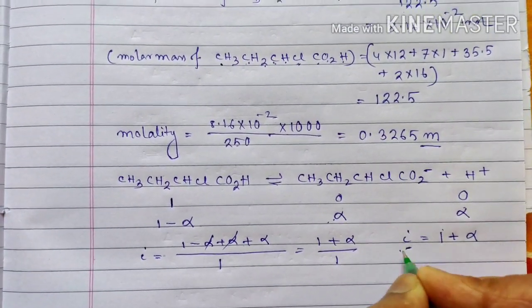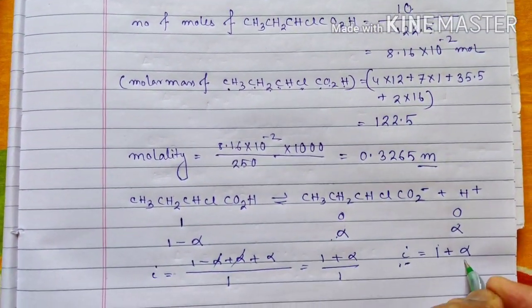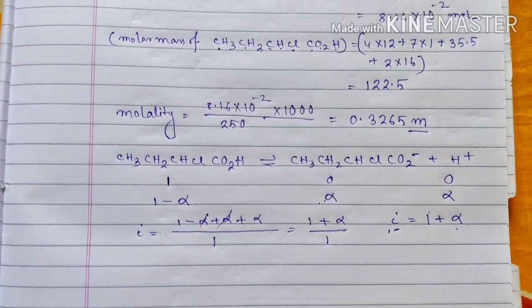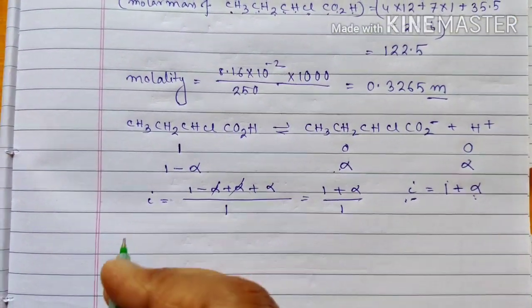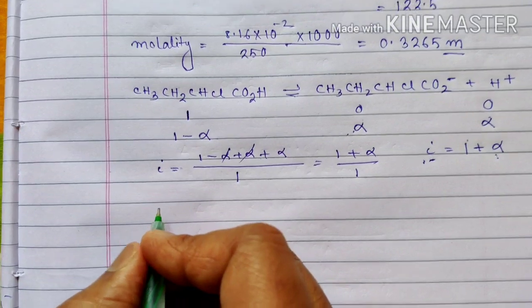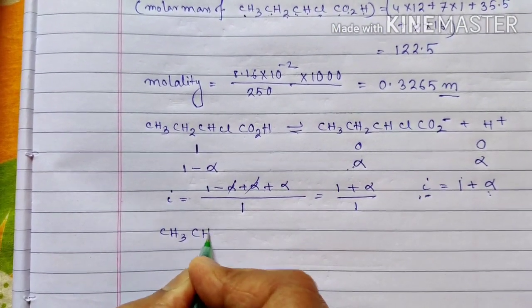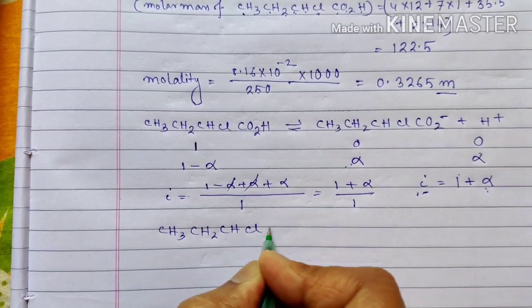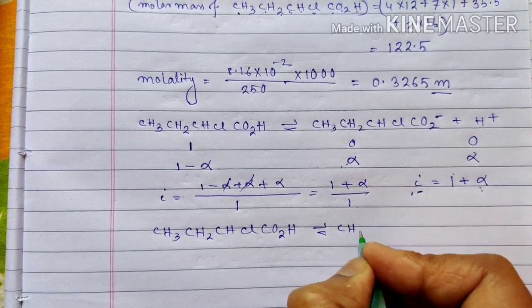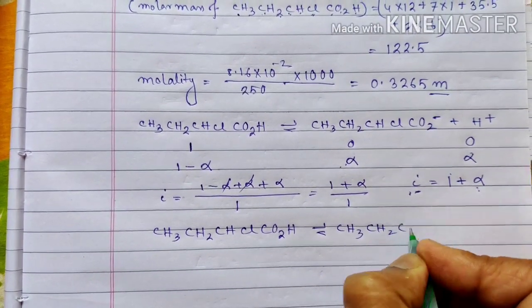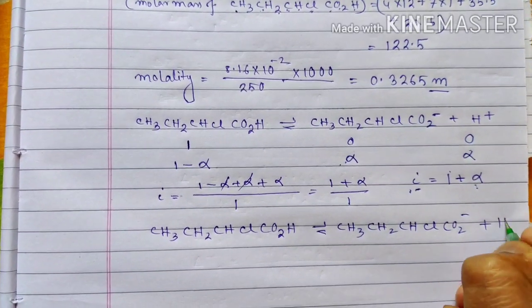We have to put this i over here. But do we know the value of alpha? Definitely not. So we have to calculate the value of alpha separately. Now the question becomes more complicated. So again, let us write down CH3CH2CHClCO2H dissociates into CH3CH2CHClCO2⁻ plus